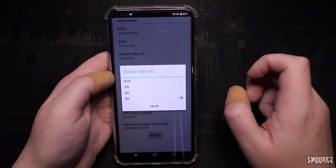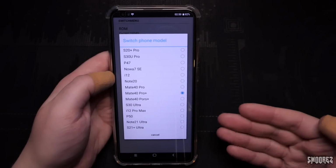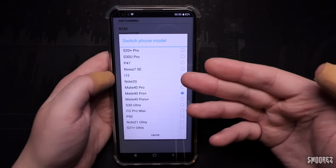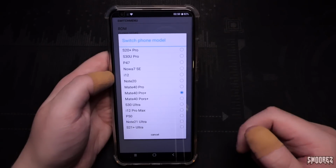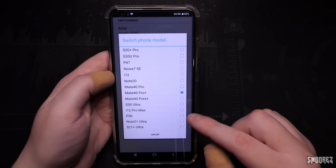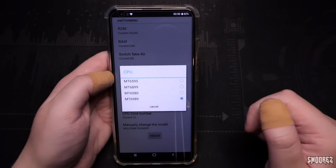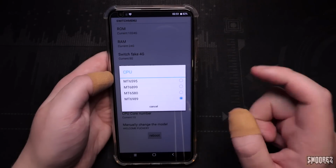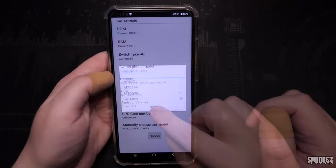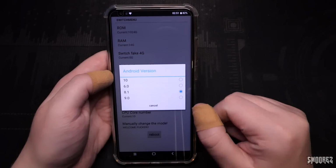Well, 5G. You could switch the phone model as well to a number of different ones that they have here, like the Nova 7 SE and i12 and the Mate 40 Pro Plus, which is what I chose. That's a bit of a mouthful. The CPU, you can choose MT6595, MT6899, MT6580, and MT6989. One of these is true. Guess which one? Android version is 10, 6, 8, and 9, and depending on what you pick, the Easter egg